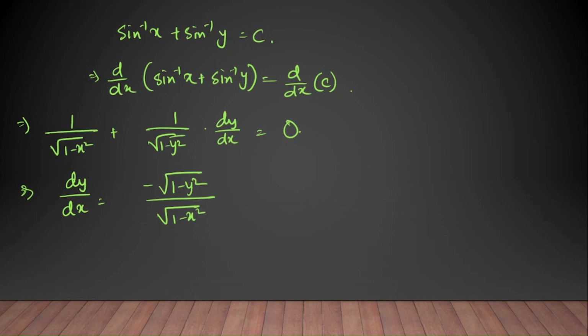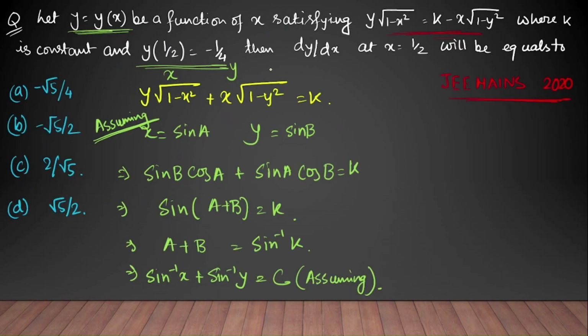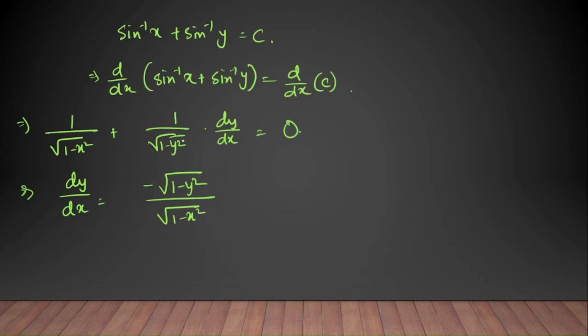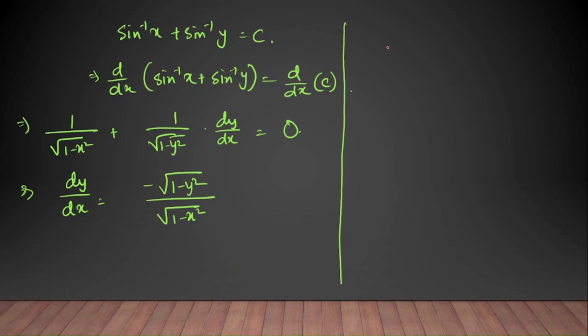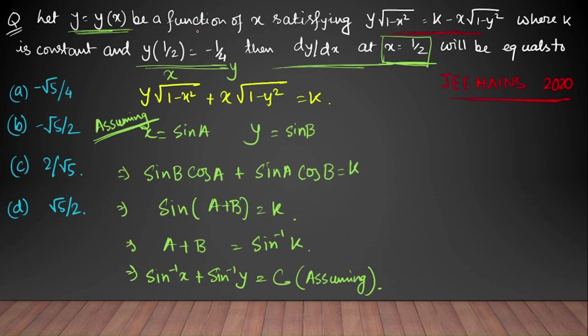So now the question says to find the dy/dx at the point x equals to half. Find dy/dx at the point x equals to half. So we have to find the dy/dx at the point x equals to half. I am changing the color to red. So dy/dx at the point x equals to half, we can write, if the value of x equals to half in this function,